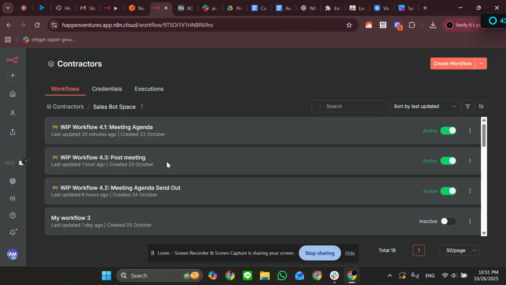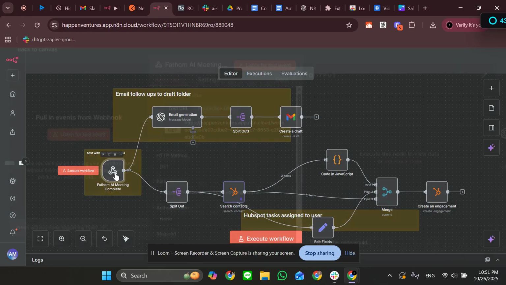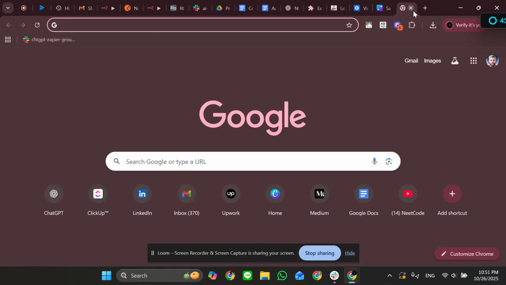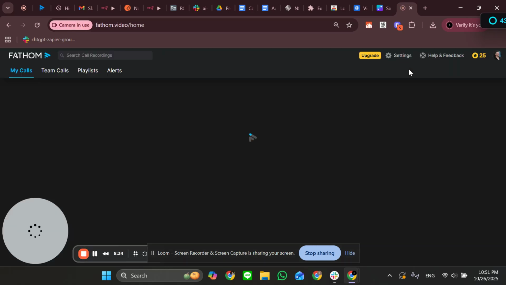Now the last flow that we're working with is, let's take a look at what a post email flow is going to look like. So we have here a webhook. Okay, the webhook is going to give us a URL that we want to go into Fathom to create. So if we go to Fathom and we can go into the settings if it loads quick enough, you're going to be able to see,